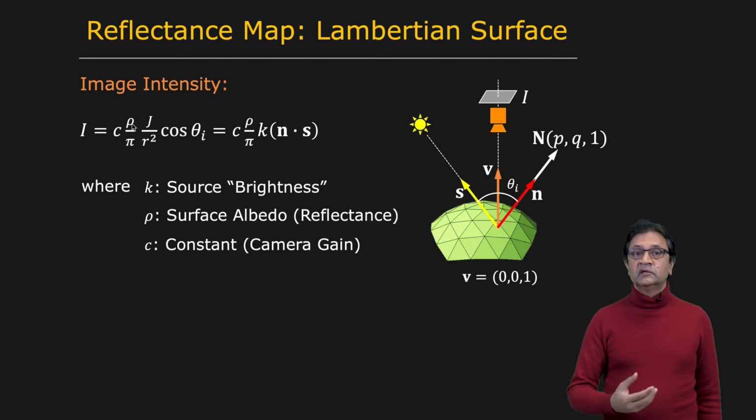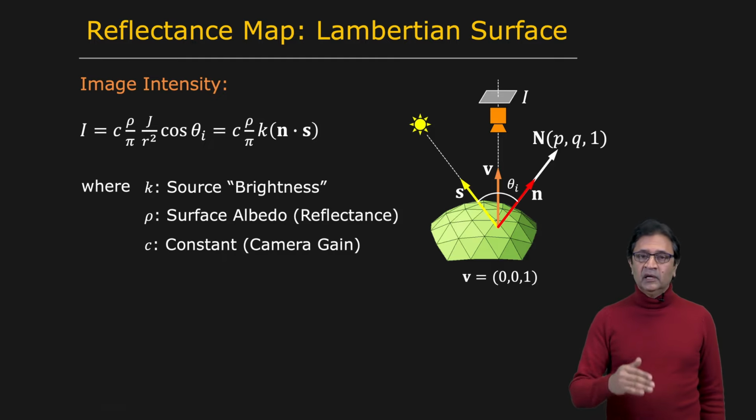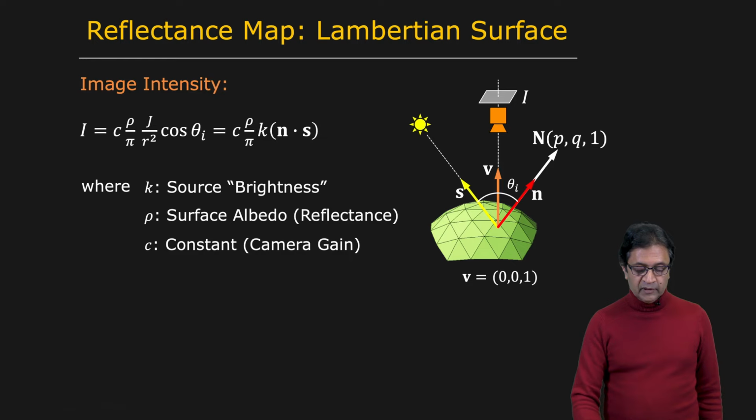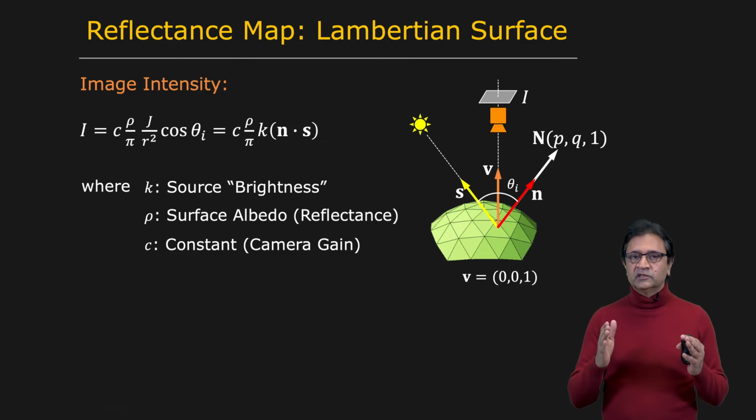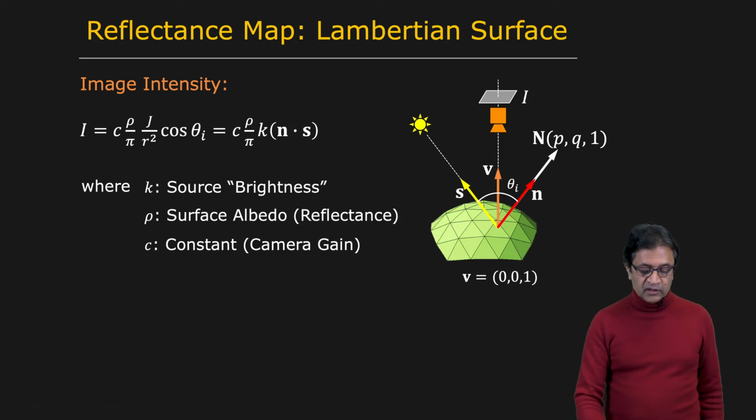Albedo we know is the reflectance of the Lambertian surface. Albedo equal to 0 is a black Lambertian surface. Albedo equal to 1 corresponds to a white surface which reflects all the light that falls on it. So albedo divided by pi, right here, times C. This C corresponds to, let's call it the gain of the camera. The camera has a certain integration time associated with it, and a lens of a certain diameter, F number. So all of those things get folded into C right here, which is a constant.